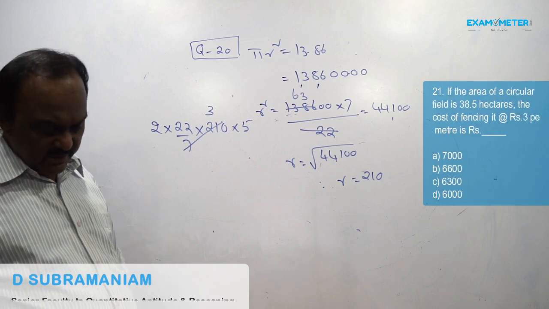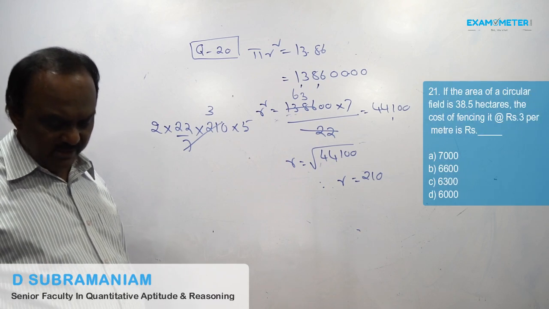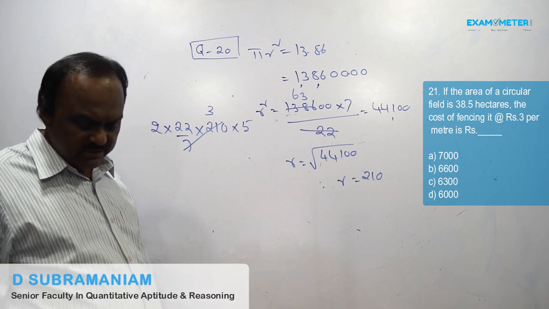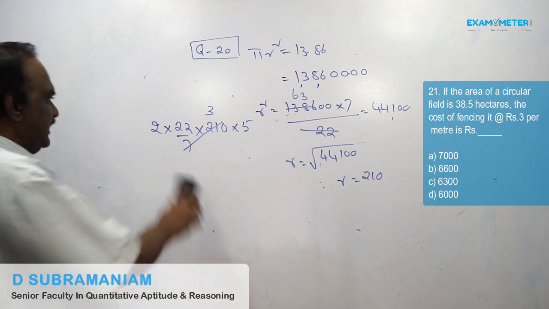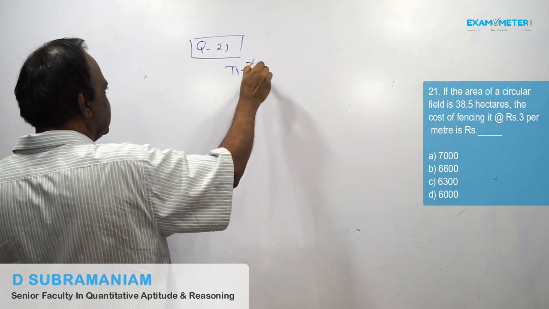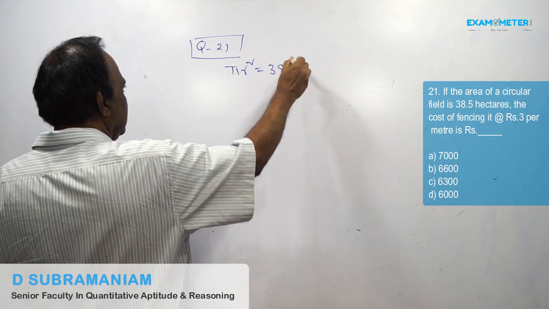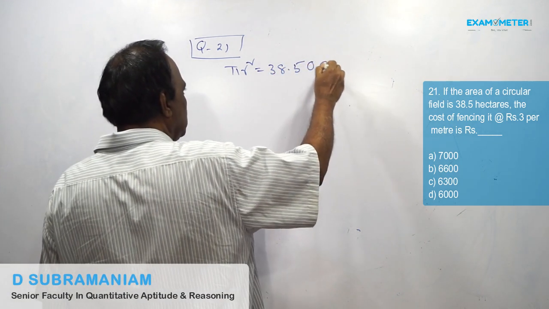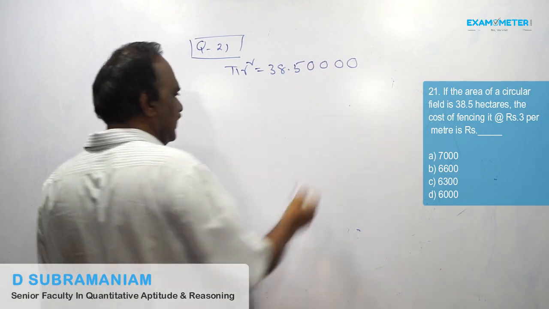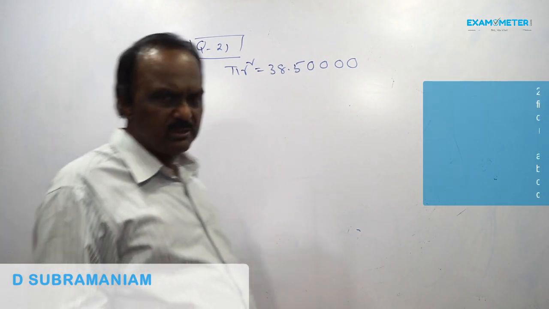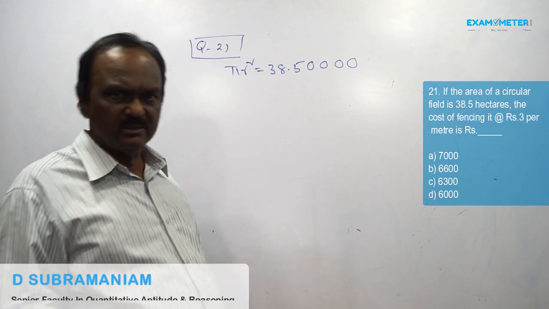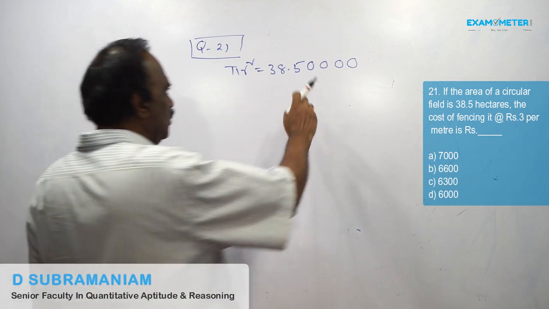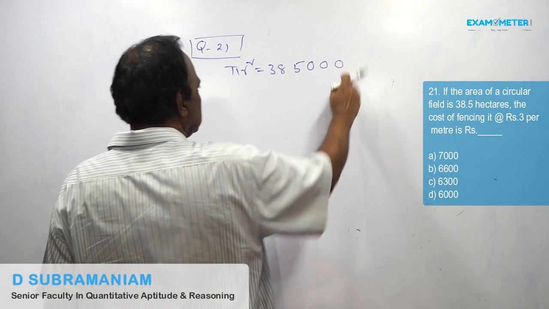Question 21. If the area of a circular field is 13.5 hectares, what is the cost of fencing it at the rate of rupees 3 per meter? Pi r square is equal to 38.5 hectares. 1 hectare is equal to 10,000 square meter. So multiply by 10,000. Shift that side, one 0 will go. So this has become